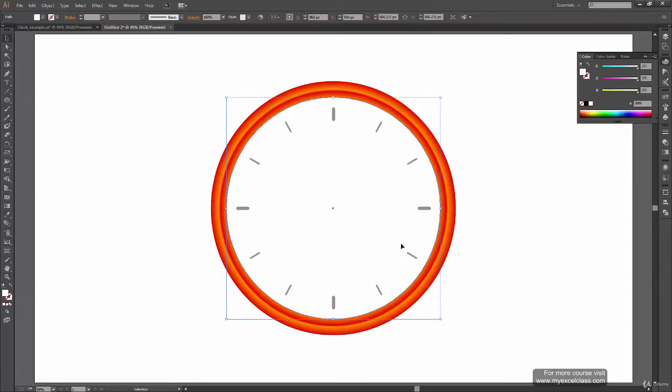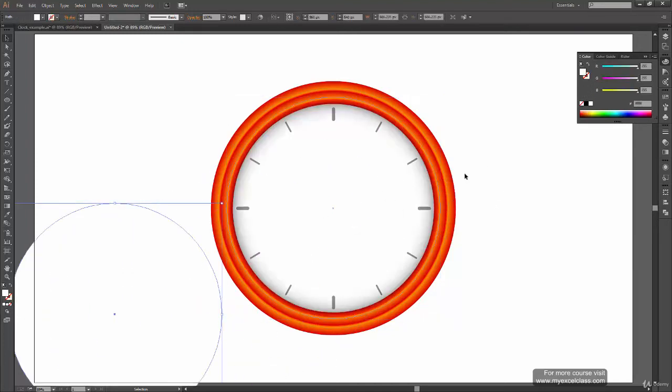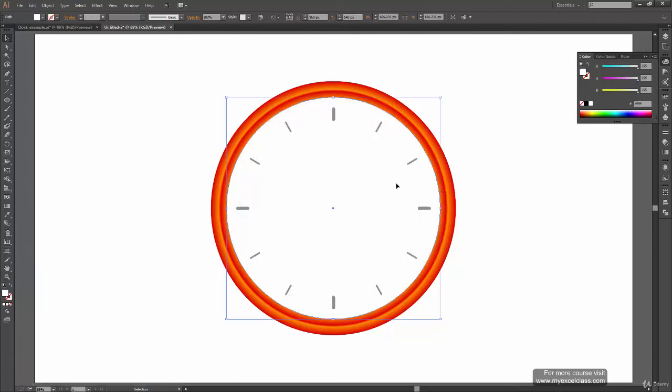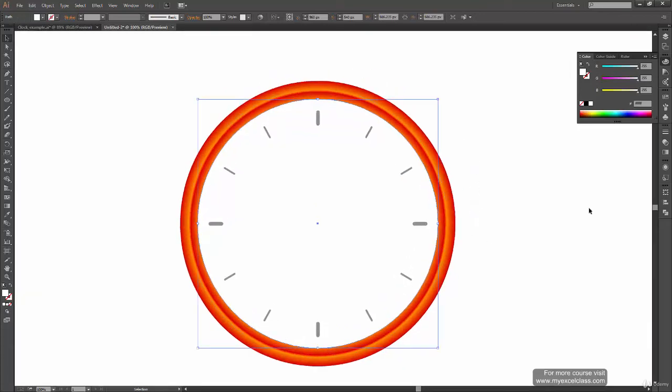And now you can see that my object has come above the outline, because if you click on my original object here, you can see the outline is halfway inside the object and halfway outside the object. But when I remove the outline, I get this object which is above my outlines, and for that the only option is to scale it down a bit. But before that, we are going to apply a texture on it.